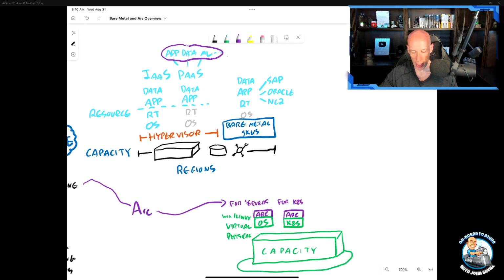I can actually bring them down. So there's a whole set of additional Arc services that will build on top of a Kubernetes environment, because now I can deploy pods. So when I think about data, I can get Arc data services. So this could, for example, be SQL MI. This could be managed Postgres,